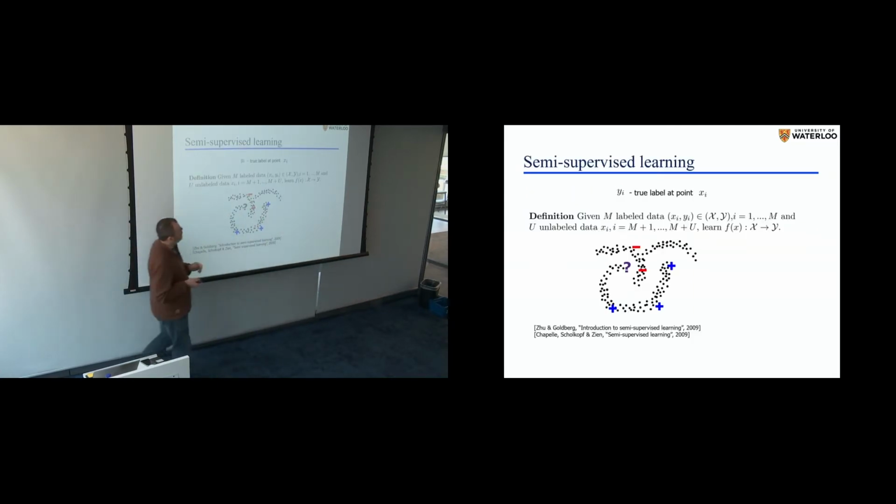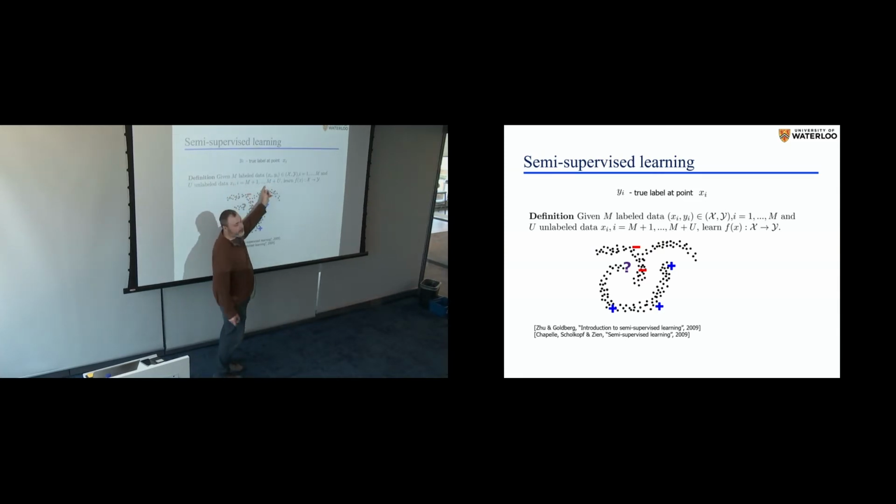So a little bit of notation. In the context of this semi-supervised learning, you have data points, x_i, with labels. So this is labeled data, and the indices for them go from 1 to m. M stands for marked. So from 1 to m, these are labeled. But then you also have points from index m plus 1 to m plus u.